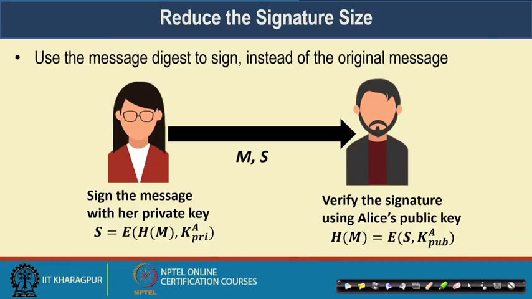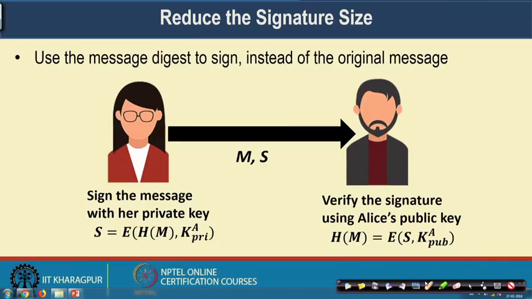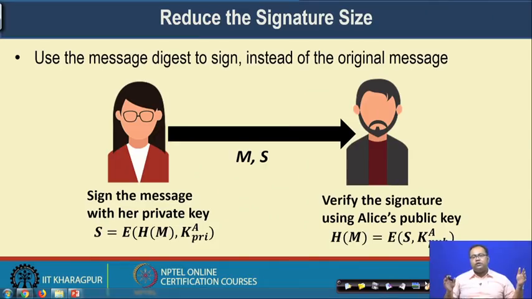Now, by combining this concept of cryptographic hash and digital signature, you can also reduce the size of the signature. Say ideally, if you are transferring a 1024 bit message, if you apply normal public key cryptography, you will get a 1024 bit ciphertext. Now, your signature is also 1024 bits long. If that is the case, then your signature size is huge, and in general we do not want a large signature. So, what we do is normally sign the message digest rather than the original message.